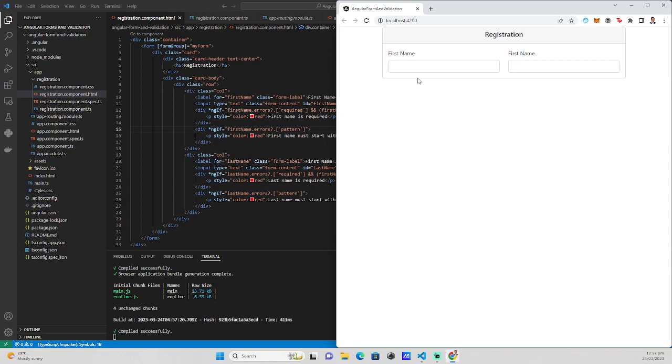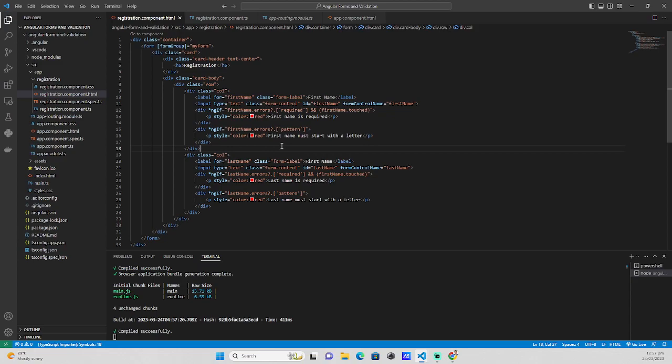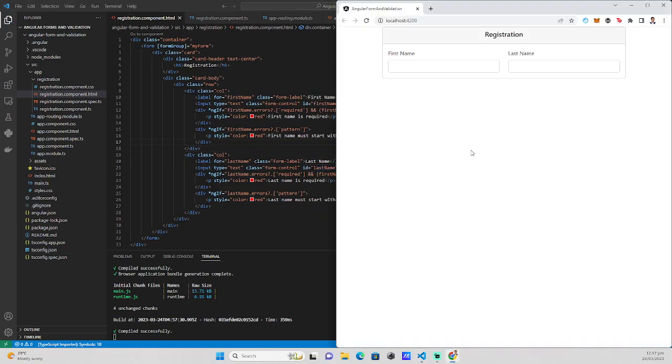Then going to our HTML file. So you can see it's still first name. Let's change the label first for the last name, and then going to our HTML. If we click it and then just leave it blank, it will show us the required validation. So let's add some numbers. It will basically show us this ngIf directive. And then basically the last name and first name have almost the same validators,